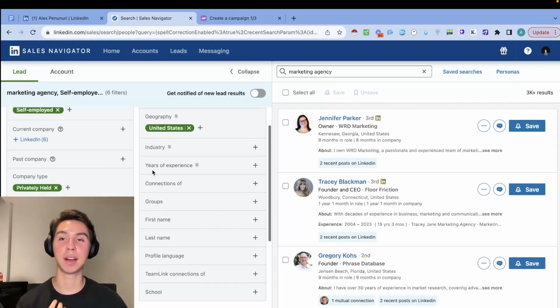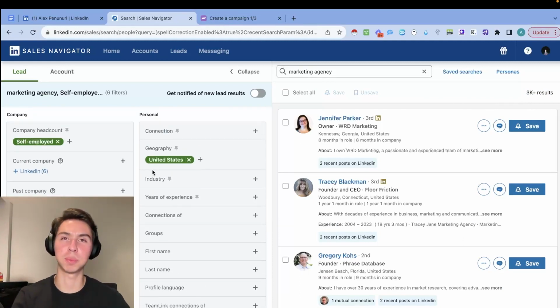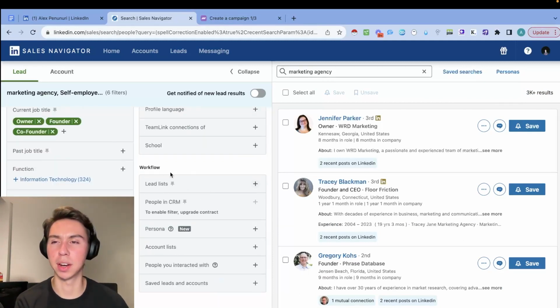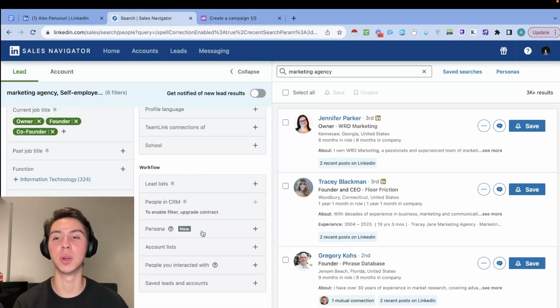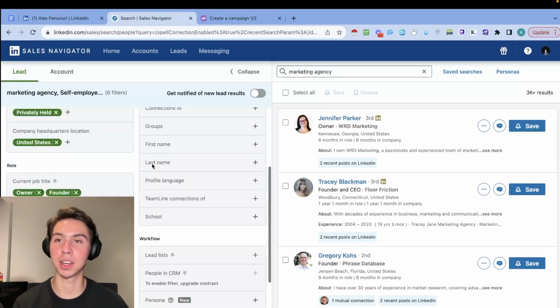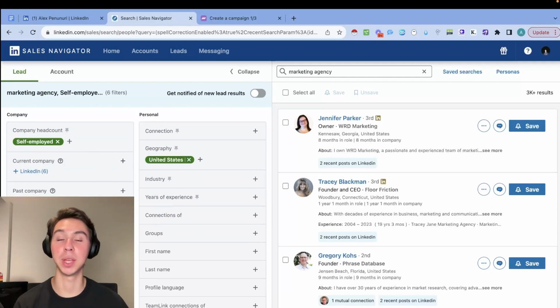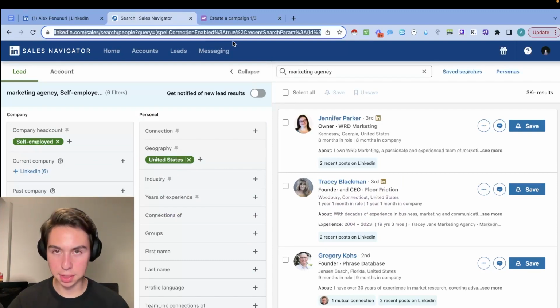And then once we have our search, again, I highly encourage you to just play around with this. It really will depend on your specific niche. But again, it's really, really simple. You just want to know which ones are good filters. These, honestly, in my opinion, are the most important, other than obviously the main search and then the geography. But yeah, those are the main ones you want to be looking for. And then once we have that, we're going to take the link, right?